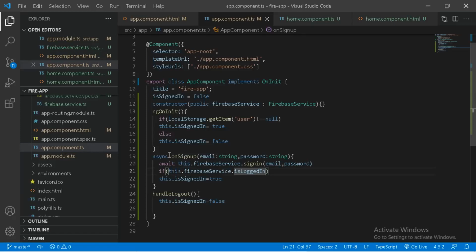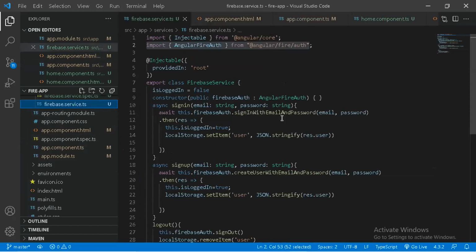On sign up, it takes email and password, waits for the document to be created, and puts the email and password onto Firebase. So the Firebase service is the one I created here, and through authentication I respond with this, JSON stringify, which is directed toward Firebase.